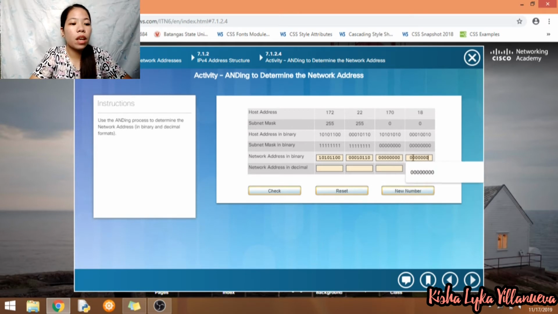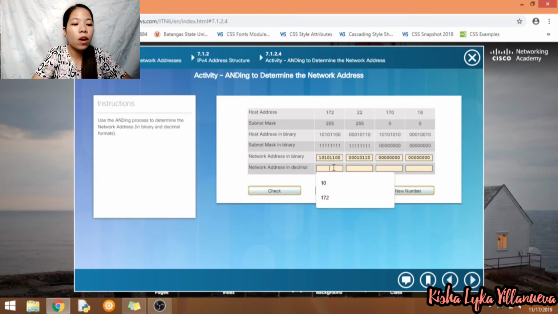And another is the subnet mask. The subnet mask is all 0, so we will put all zeros. So now the network address in decimal. We will add all